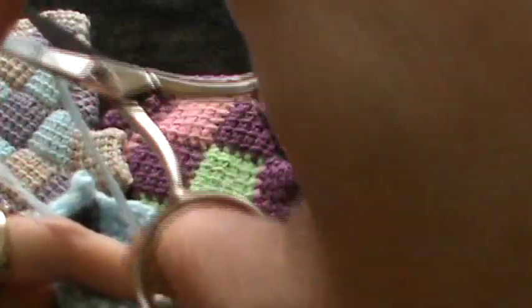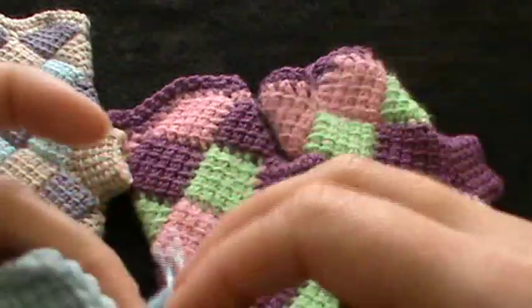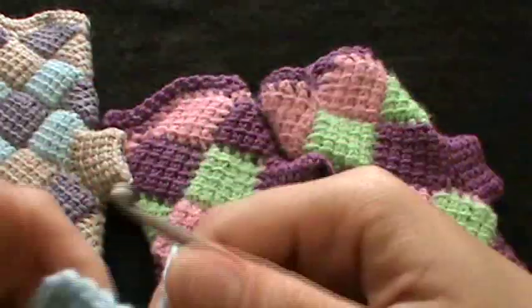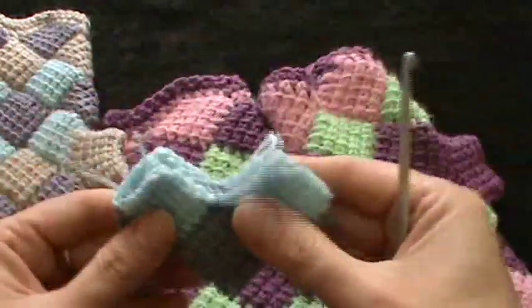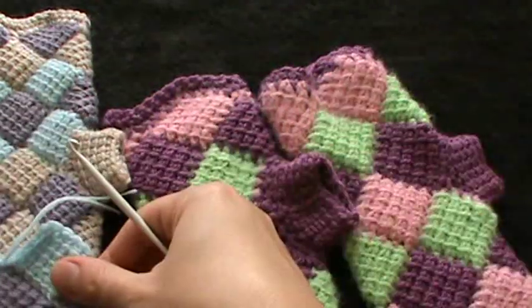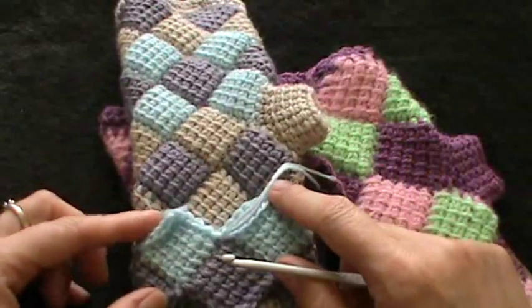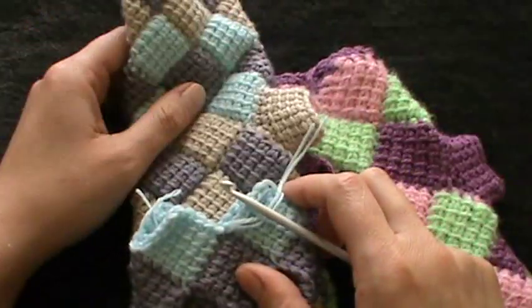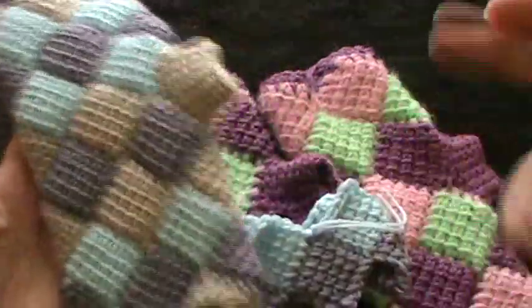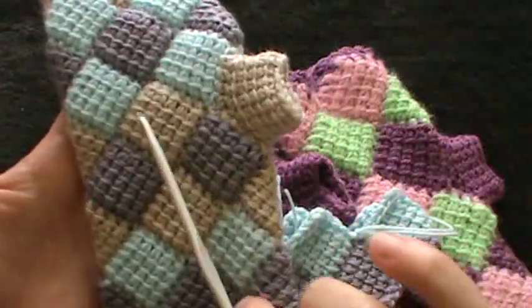Now I can cut the yarn, make a slip knot too, to be sure that it's all okay, all right. And here we have our first 2 rounds for the glove. And what you have to do now is to continue on. I put 1, 2, 3, 4, 5